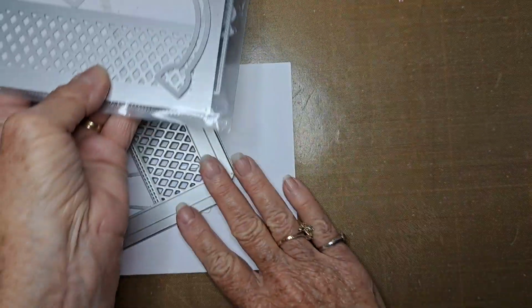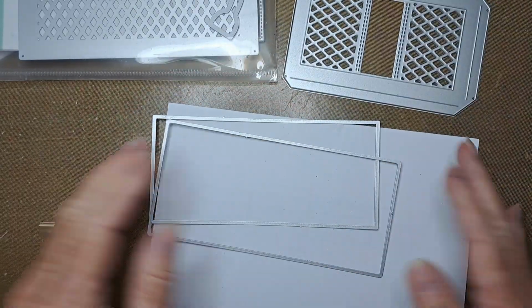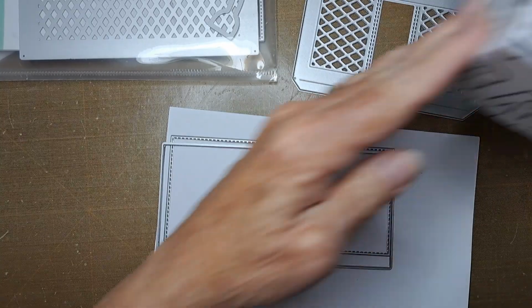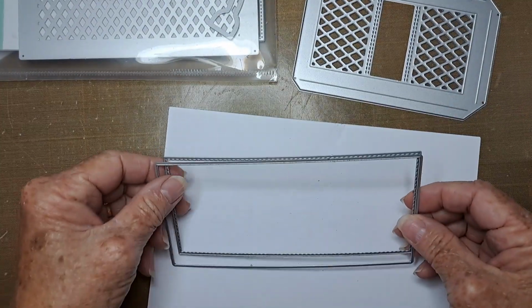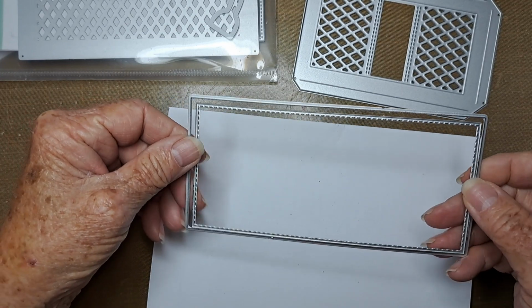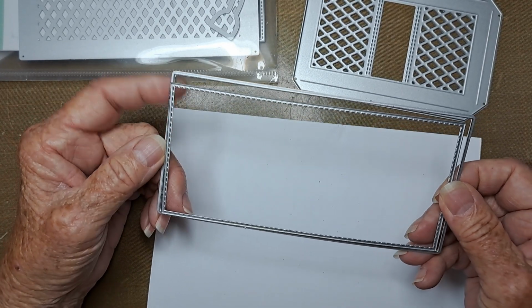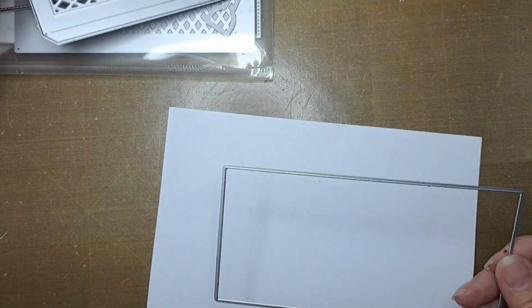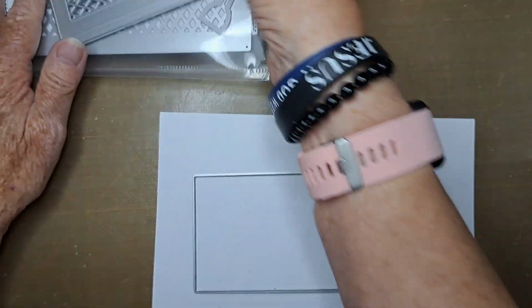On Erica's die, what I did was I used the sides of her jelly tote and the bottom of the bag. So here's the bottom of the bag, and I took this particular piece. She has a bottom part where the bag attaches itself, and a layering piece. So we don't need the layering piece, and we don't need this right now. So what I did was I took a piece of paper,